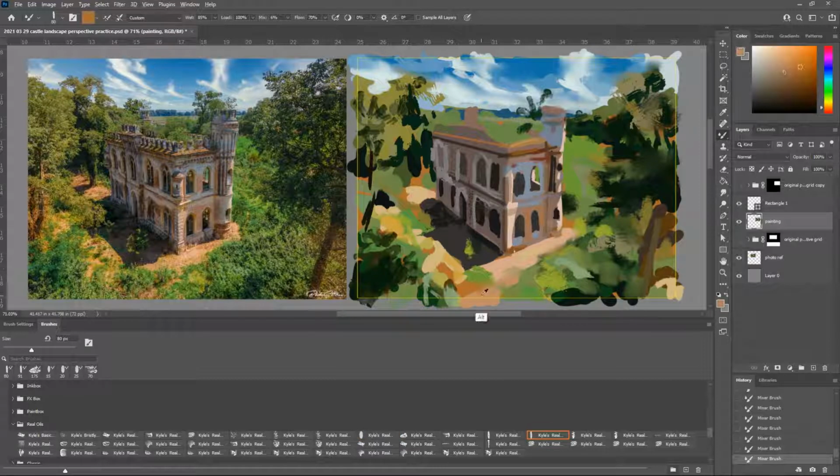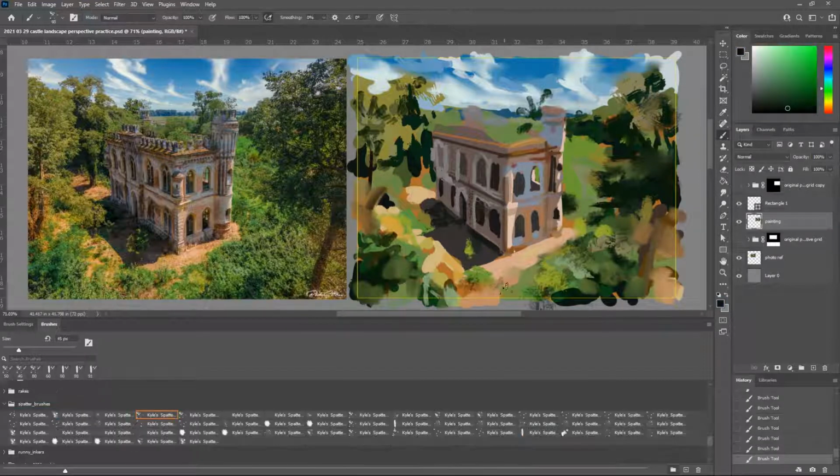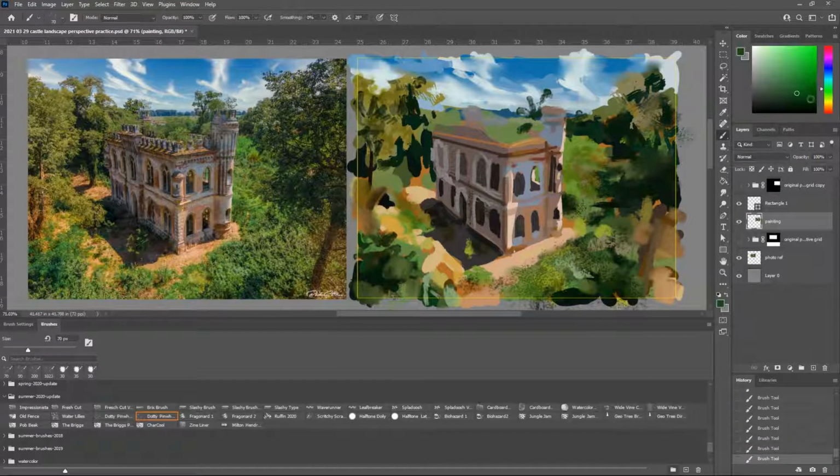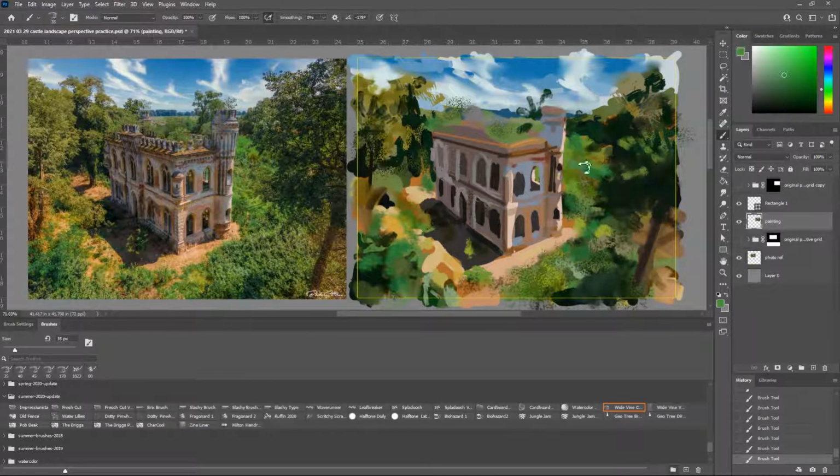In the future, instead of using grid lines and a photo reference like this, my end goal would be to be able to paint something more imaginative than just replicating a photo. But I think I need to do studies like this with some tracing just to help me learn and give myself some scaffolding before getting to more challenging art tasks.